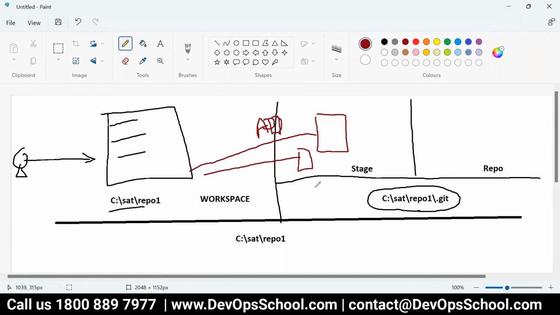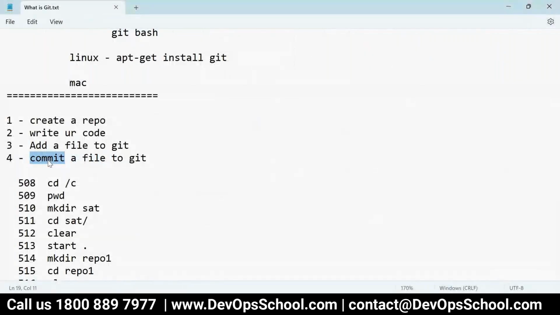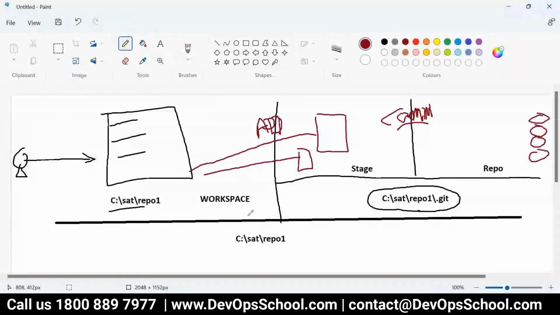And then when you commit, the files are taken from staging to the repository. This is the first commit, second commit, third commit, fourth commit, like that. So add takes the file from workspace to staging. Commit takes the file from staging to repo, and that is the final space. So you modify the changes, add, commit.